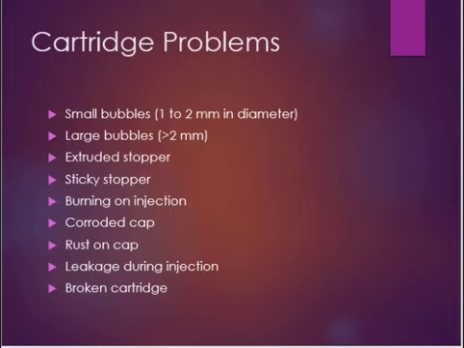Sometimes another thing that can happen with the cartridges is a corroded cap, where white debris will be around the cap. That means that the cartridge has been immersed in cold sterilization. There can be rust on the cap, which means that another cartridge has broken next to that and is leaking on other cartridges. There can be leakage of the cartridges during injections due to the off-center perforation of the needle penetrating into the rubber diaphragm. And then another thing that can happen with the cartridges is, of course, a broken cartridge,